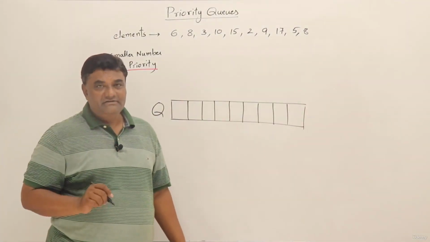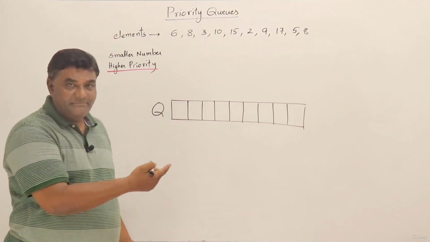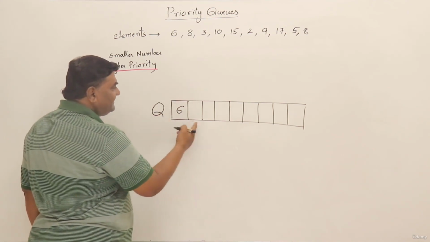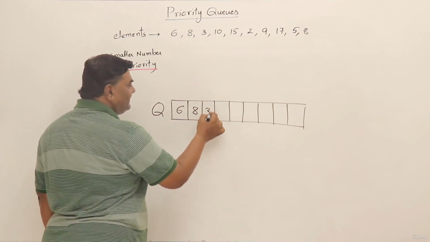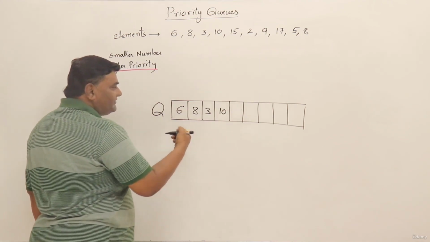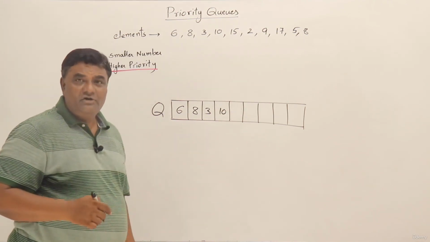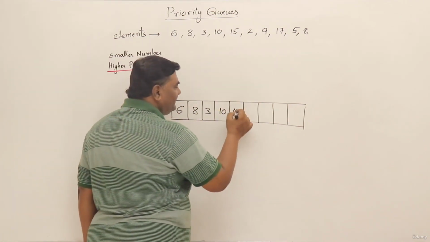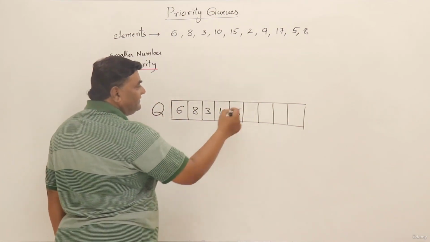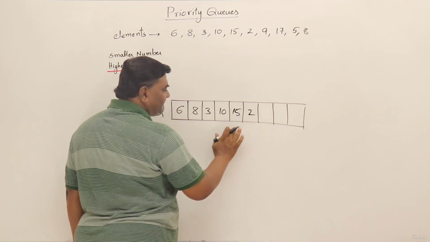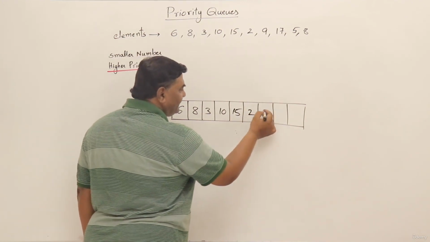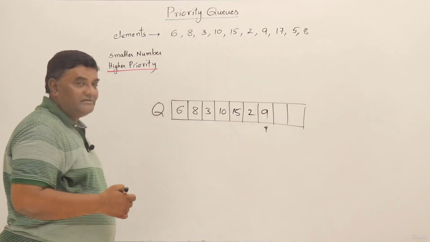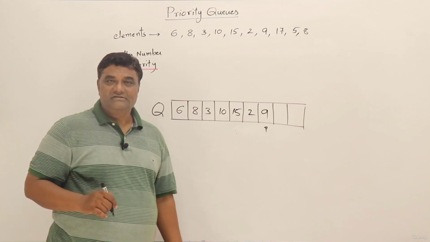So first one I will take. Let us insert and delete a few elements. Suppose I want to insert the element 6. Insert it. Next element at the last. Next element at the last. So every time I am inserting an element at the last. So how much time is it taking for one element? Constant time. Like I want to insert 15. Okay, insert it here. This is the last element, right? Next I want to insert 2. Insert it here. So constant time. Then insert here 9. So the time for insert is constant.